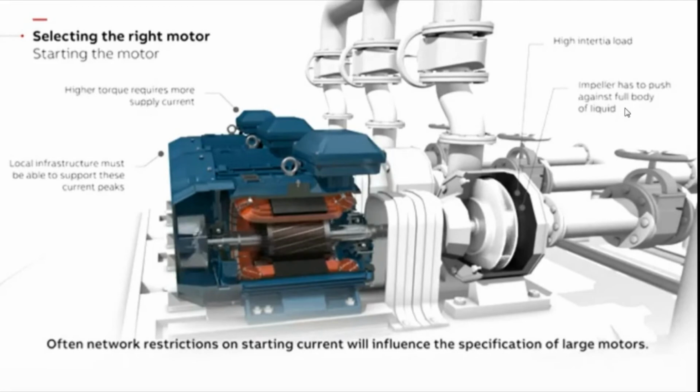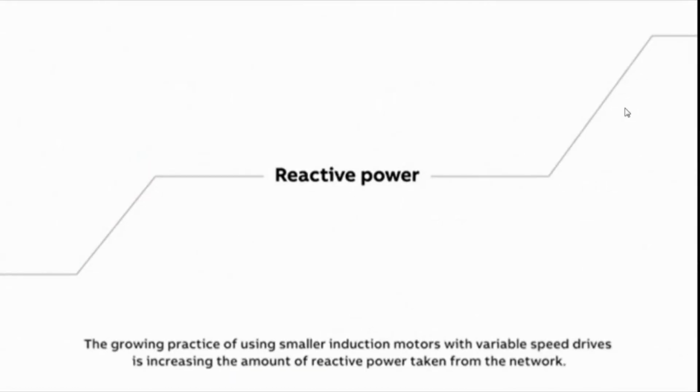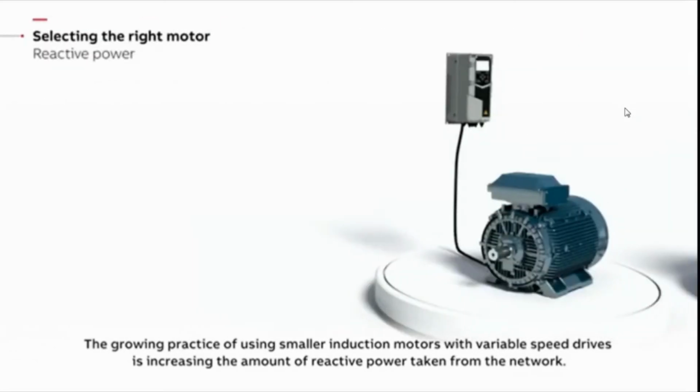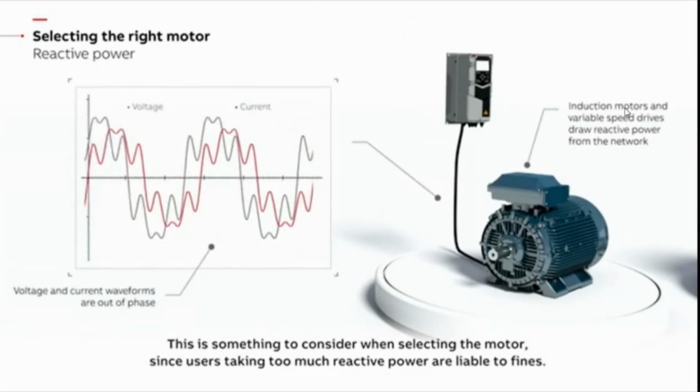Often, network restrictions on starting current will influence the specification of large motors. The growing practice of using smaller induction motors with variable speed drives is increasing the amount of reactive power taken from the network. This is something to consider when selecting the motor, since using